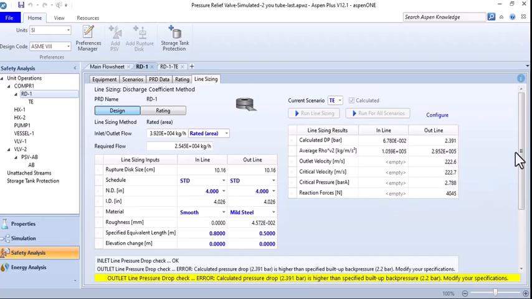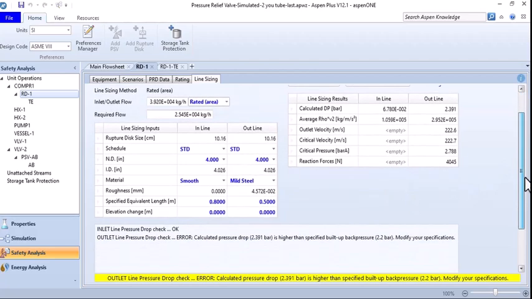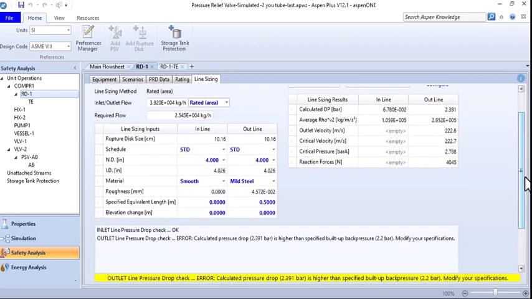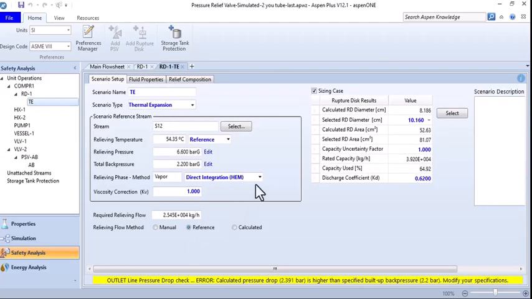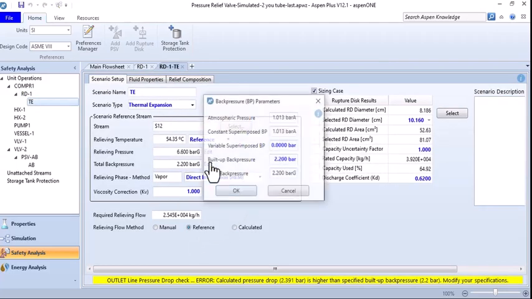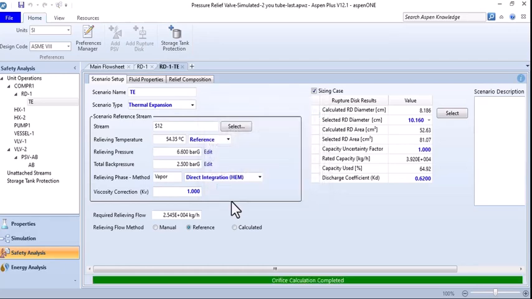Okay, also it says that 2.3 is higher than the specified build-up back pressure. So again, I should open the scenario and build up back pressure, 2.5 bar gauge, and I'll be back to the RD1,